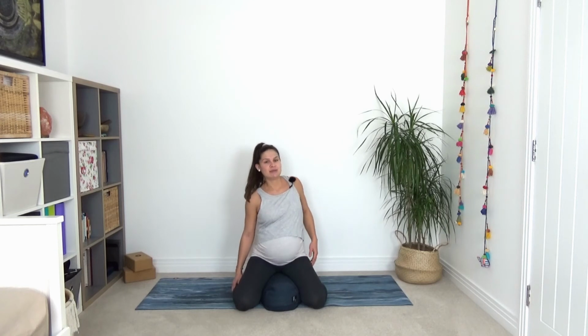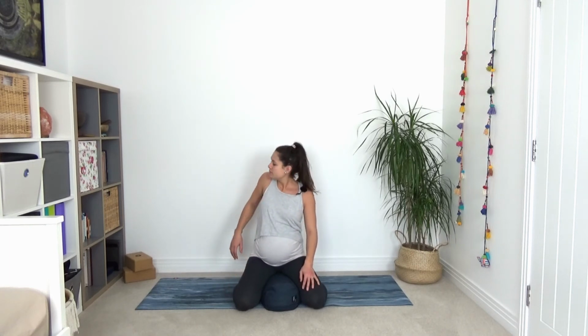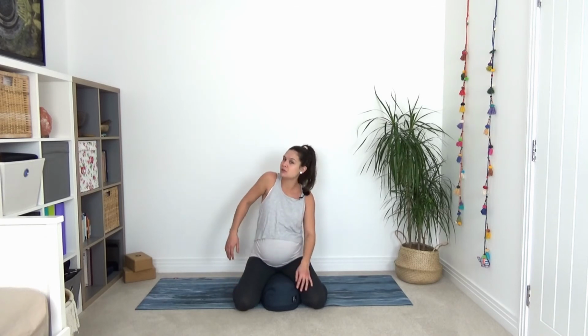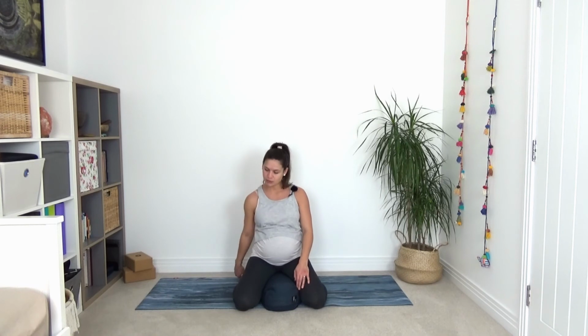Very, very nice. And then for the other side, take your left shoulder forward towards the ear and then behind you. Notice how your side body is lengthening as you lift the shoulder and then drop it. By the way, if you need to change your seated posture at any time to start to move into another way of sitting,